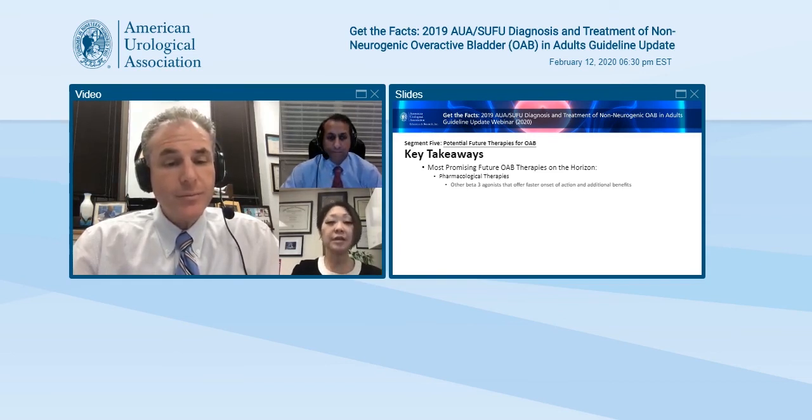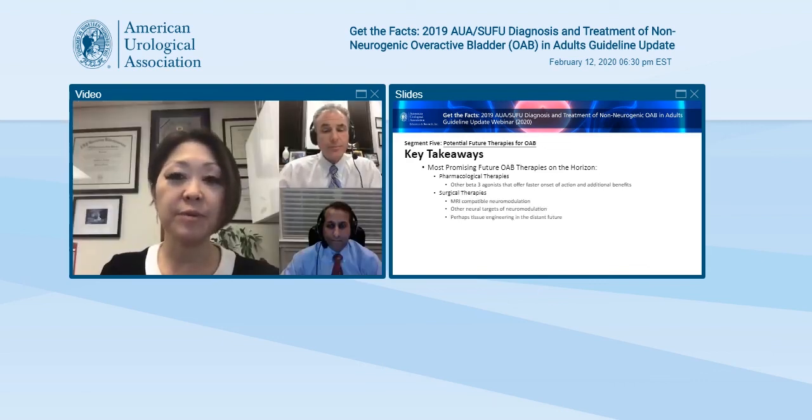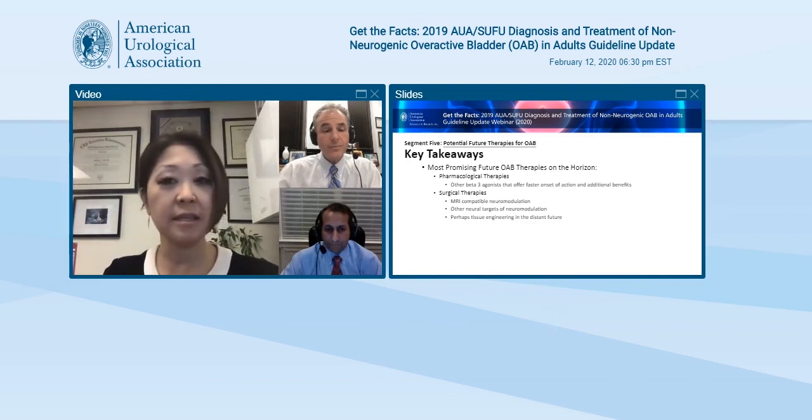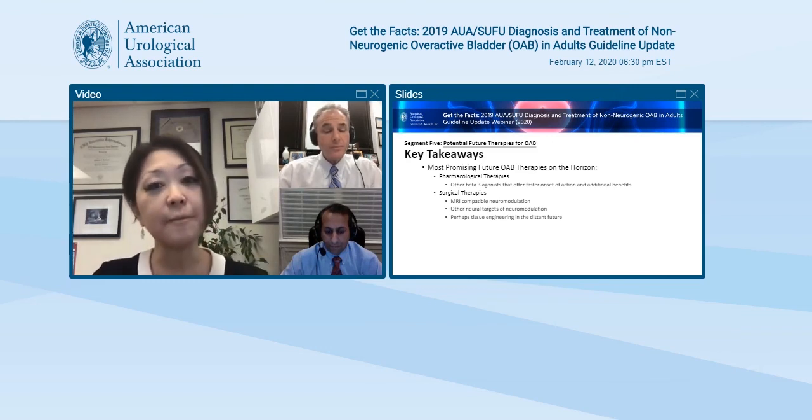Well, I do think, as we've talked about a little bit, there is this potential for a full body MRI compatible neuromodulation device. I think that's going to crack the nut wide open. There's a lot of patients who are limited from having neuromodulation right now because of that limitation. So that's going to change the landscape.